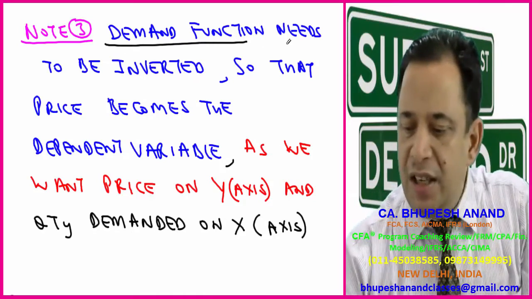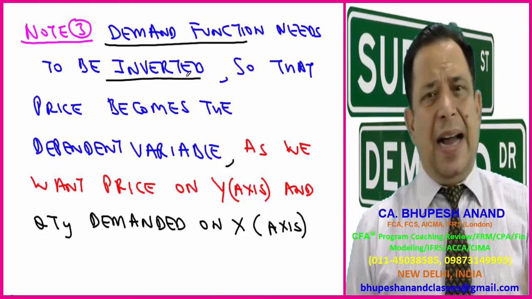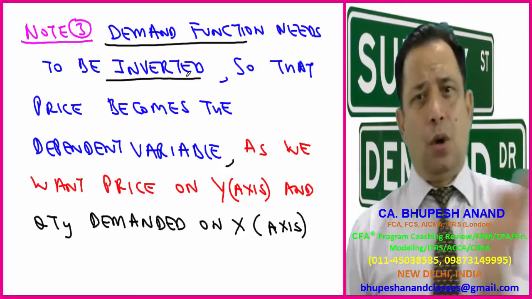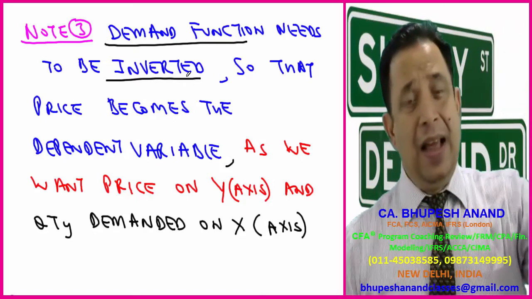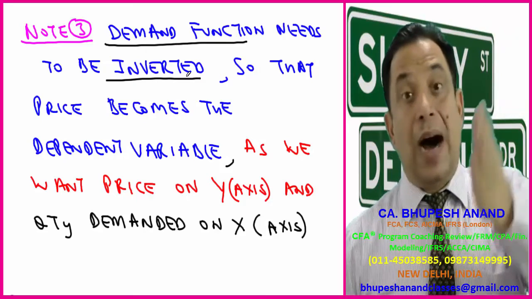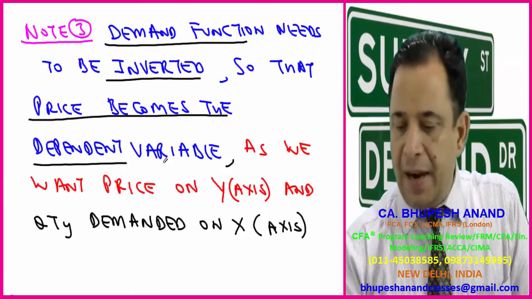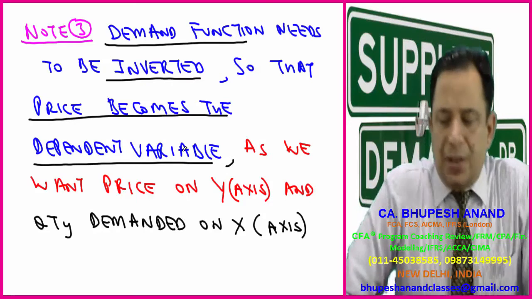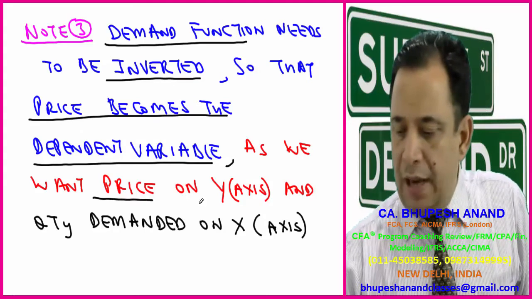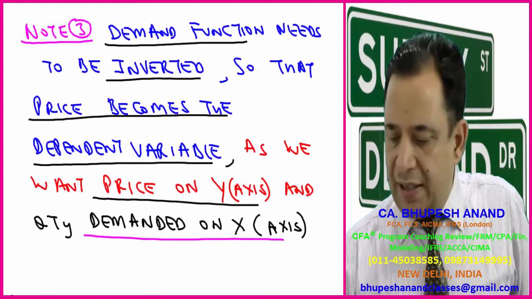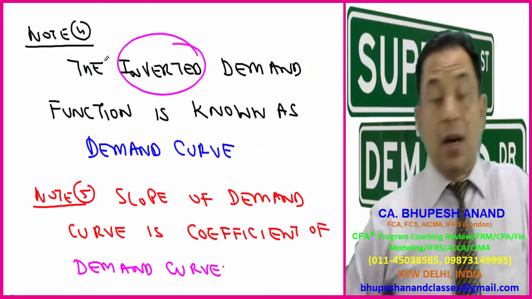The demand function needs to be inverted because I want to show price on the y-axis. I want to calculate the price for this much quantity demanded, so I want to show it on the left-hand side, on the y-axis. So I am inverting that demand function just to prepare a demand curve, so that price becomes the dependent variable. As we want price on the y-axis and quantity demanded on the x-axis,